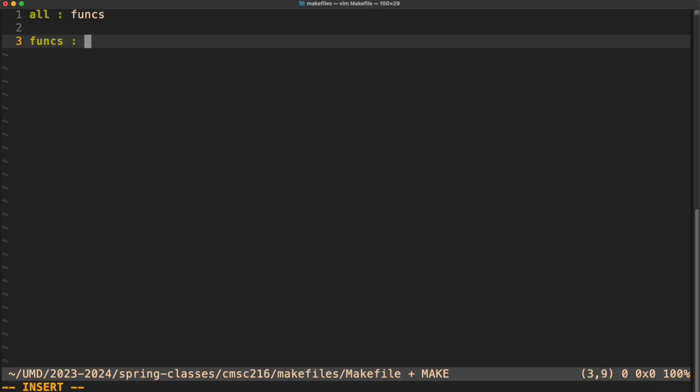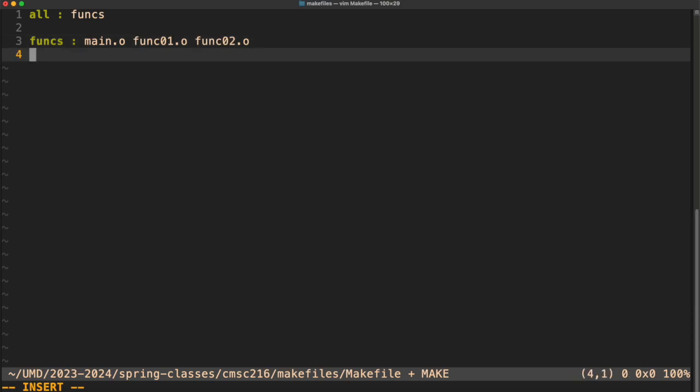Okay, so we just write it exactly the same how we did all, and funcs we want it to rely on a few things. We want it to rely on func01.o and func02.o. Remember when we did this step by step, we went, okay, well, func01, we compile that into a .o, and func02 we compile into a .o, and actually we also need main.o. So we compiled each of those, and now we link them together using